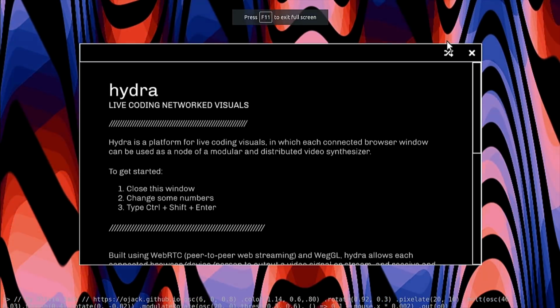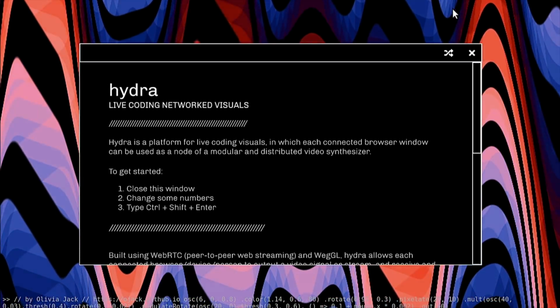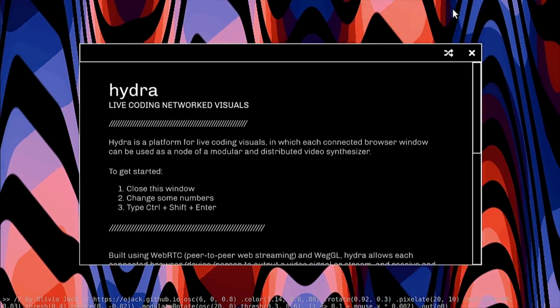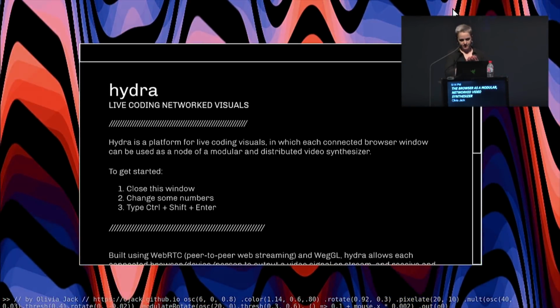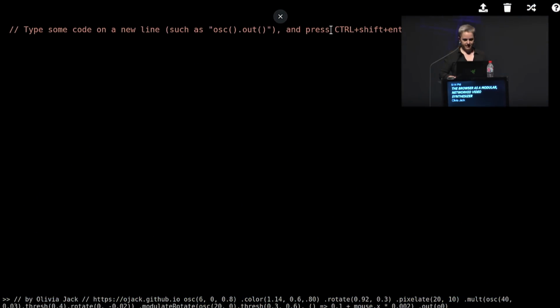And so this platform called Hydra that I've been working on, it lets you send video streams to other people who are connected, but it also lets you play with this way of making images directly within the browser. And so I'm going to actually clear the canvas right now.